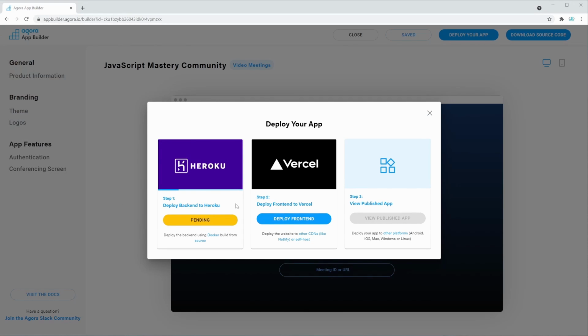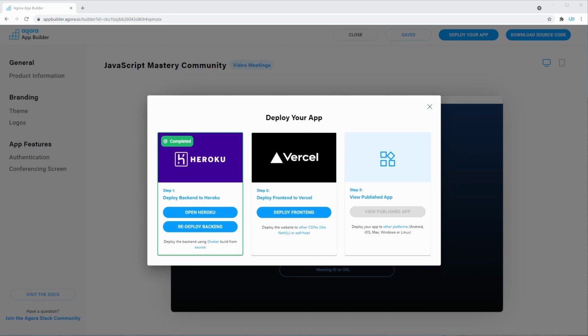A pop-up is going to appear. You will have to either log in or sign up to Heroku, and everything else should be instantaneous. It's going to say pending for a few minutes, so let's wait for it to be done, and then we'll be right here. And there we go. Our backend is deployed. And that's the only thing we had to deploy for now, because now we're going to